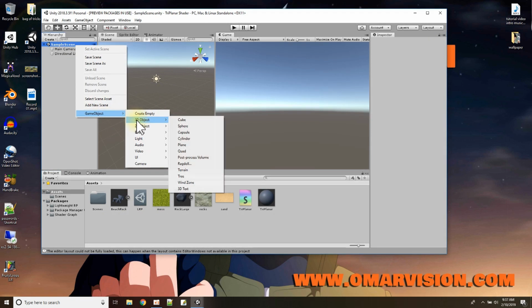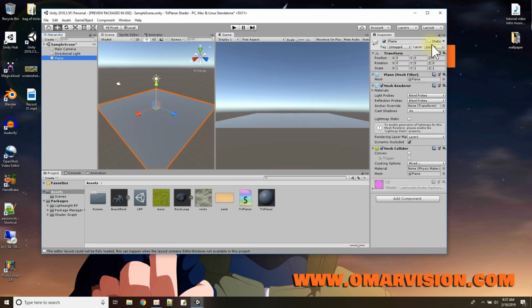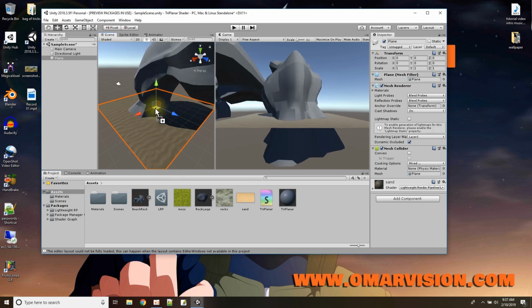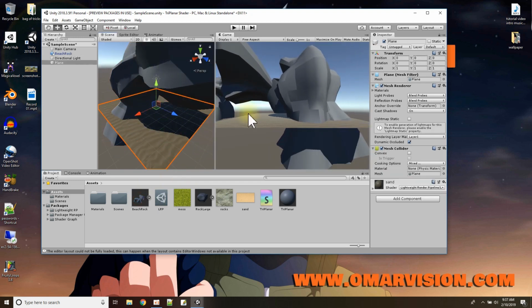First, I'm going to add a plane to be the ground, and good, everything's at 0, 0, 0. And this is easy, no shader graph, just put the sand on it. Bam. Okay. And then I'm going to add the beach rock, which is very large. So my plane's going to have to be much larger. So I'm just going to make this like